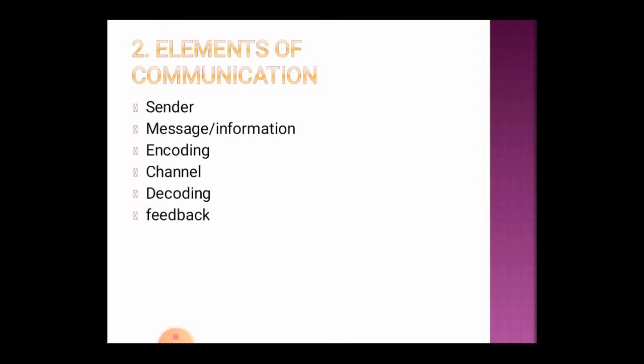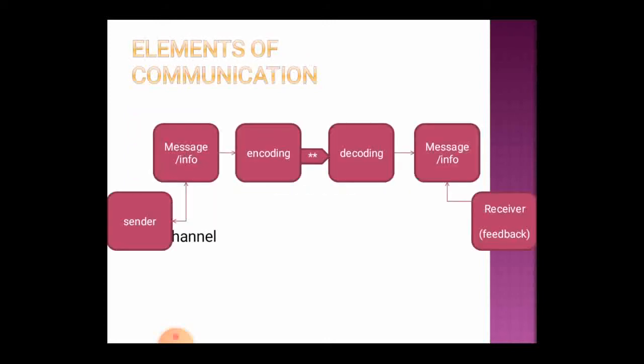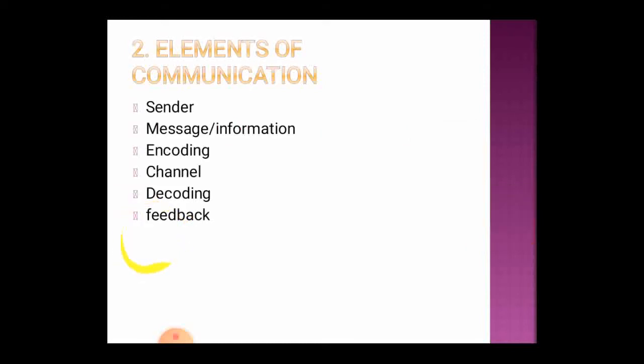Sender. The sender is the one who transmits the message to the receiver. The message is the original or raw or processed information. Example, Apple is the message being sent by the sender. The encoding scheme here we use is alphanumeric, and let us explain encoding with an example. Diagram.